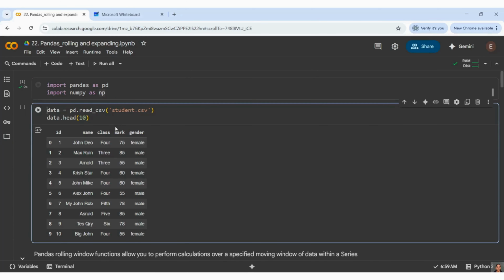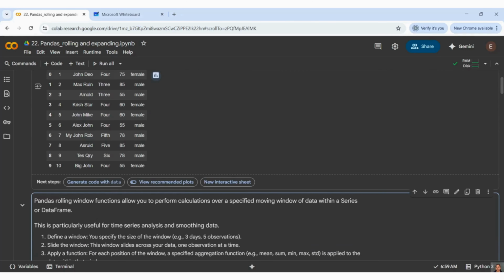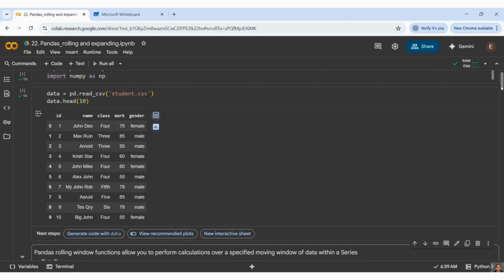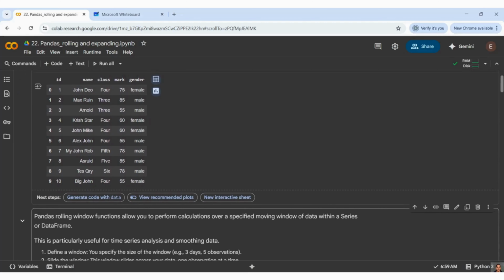Then I have taken the student CSV where my student data is available, with ID, name, class, mark, and gender. Let me get the head of it.